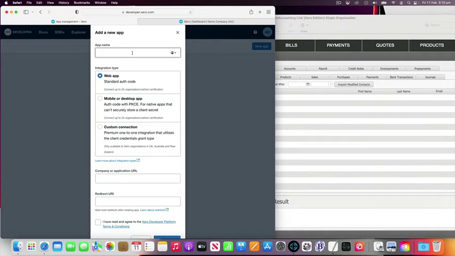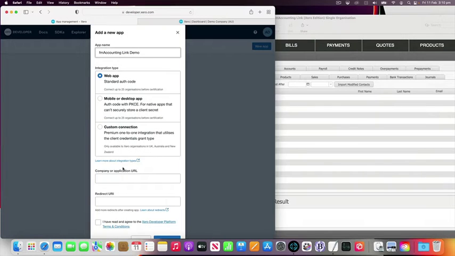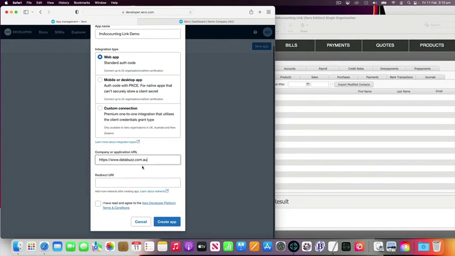and I'm going to give it a name. So I'm going to call this FM Accounting Link Demo, and for this one, we're just going to use the web app, the standard auth code option. Now I'm going to copy some URLs. I'm going to copy just my website URL to start with, so I'm just going to copy and paste that, save me typing it. So you just put in your company website here